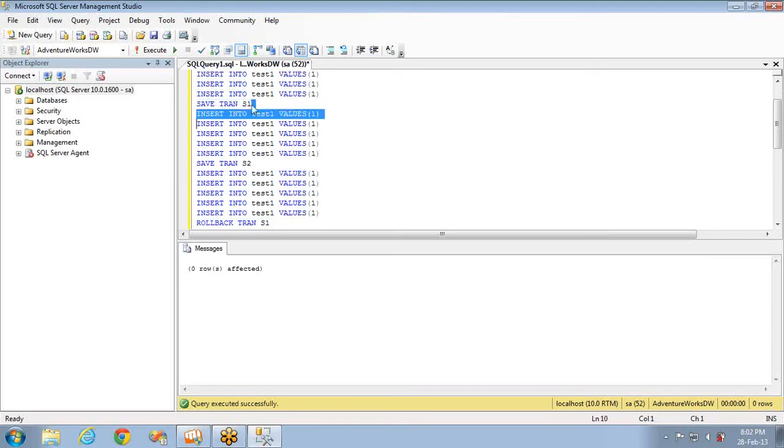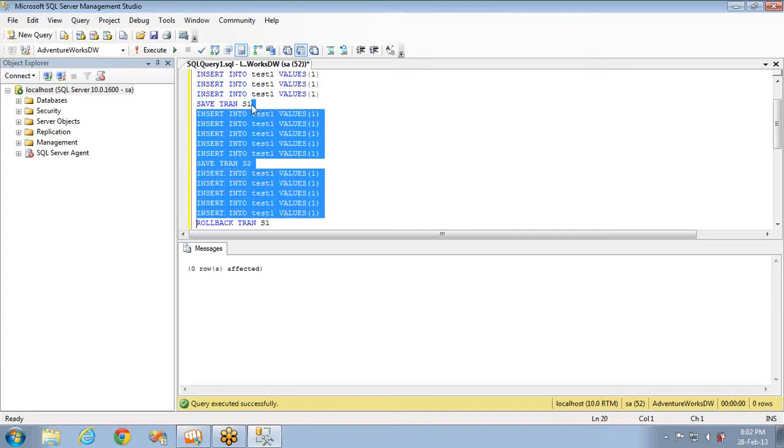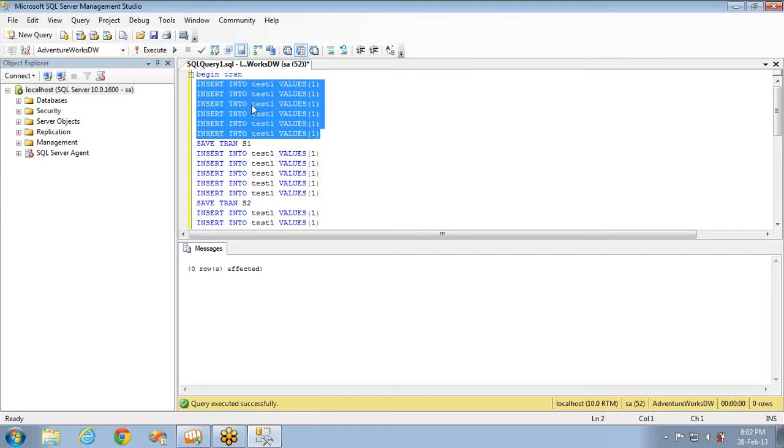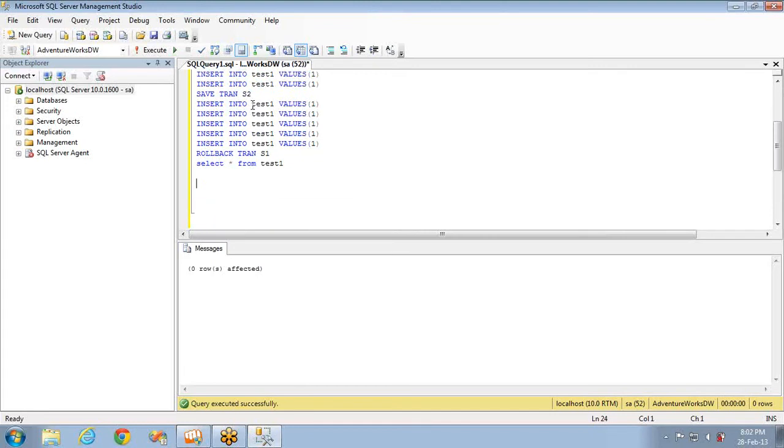So whatever the data you inserted from that particular save point to the place where we are rolling back, everything will be gone. And this select statement should return only 6 insert statements which are inserted before the save point, until the save point, that is S1, right? And after this I'm rolling back the complete one,